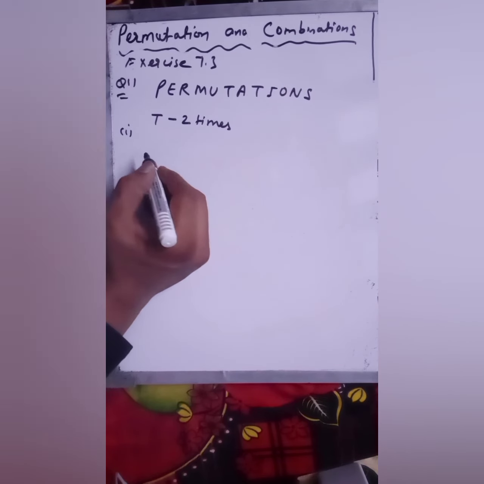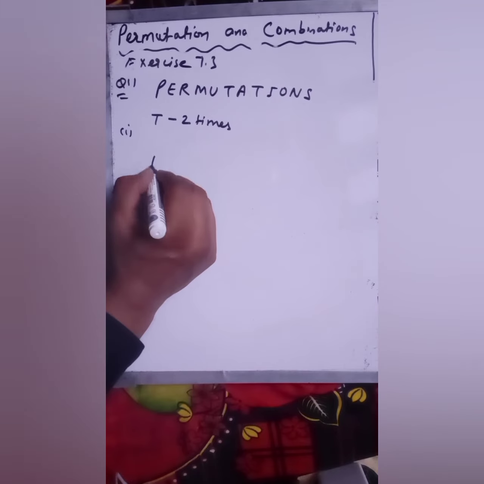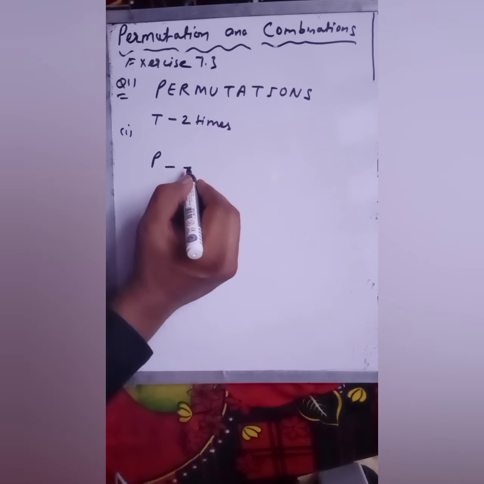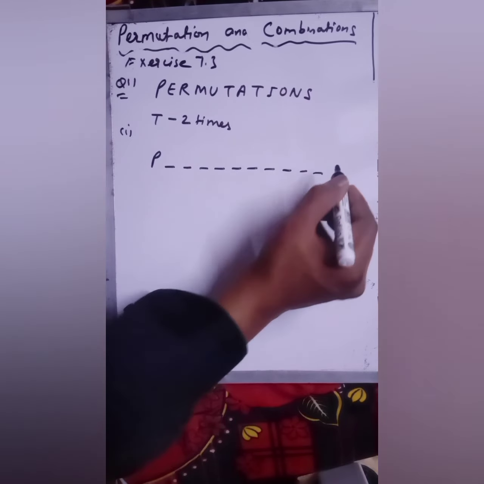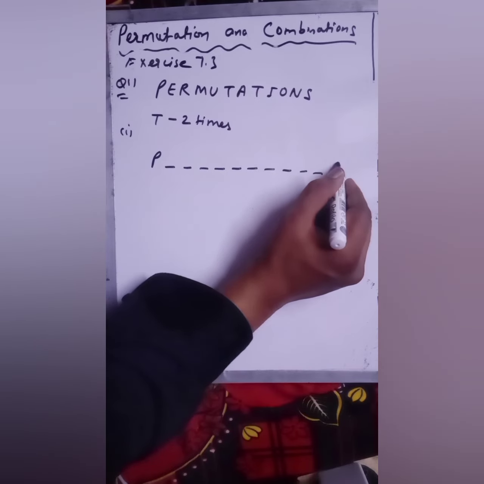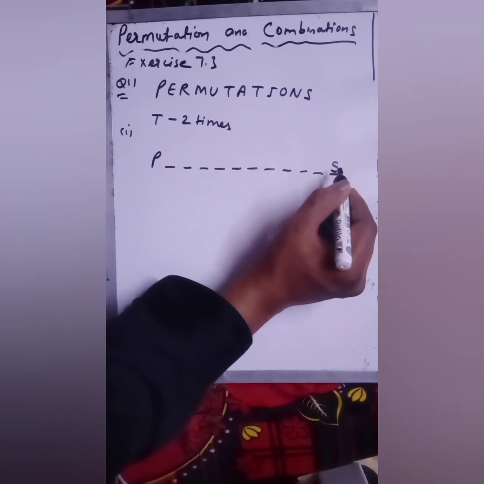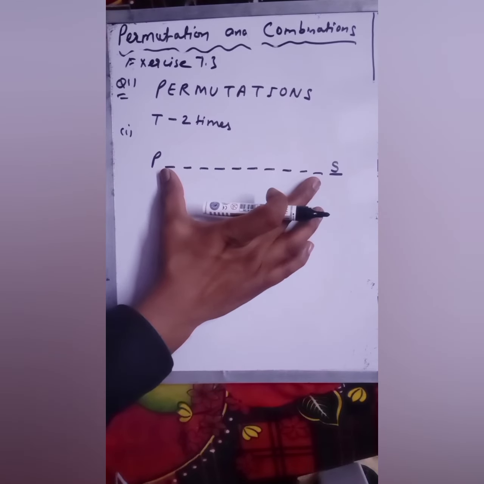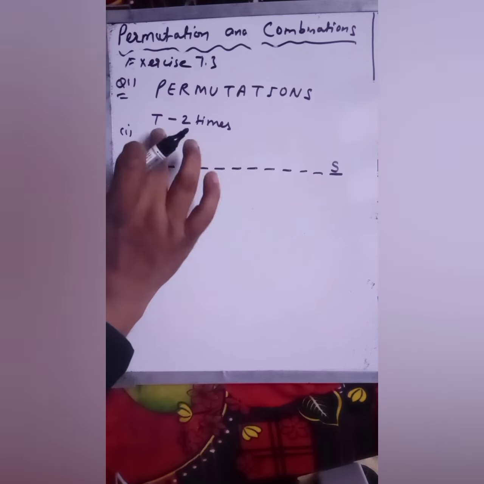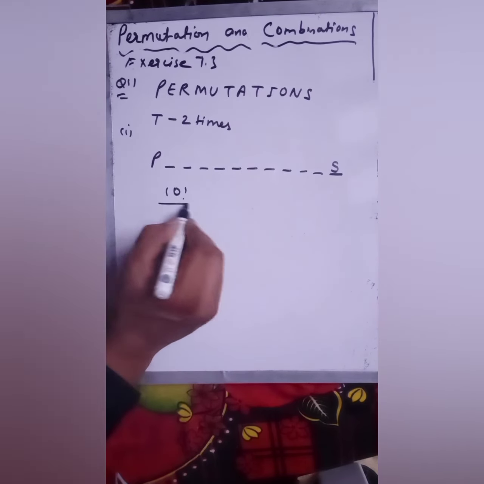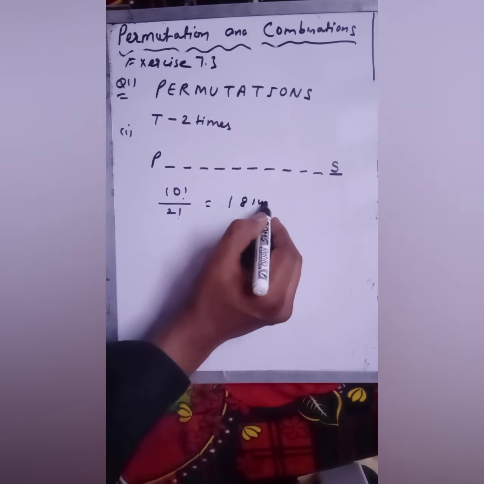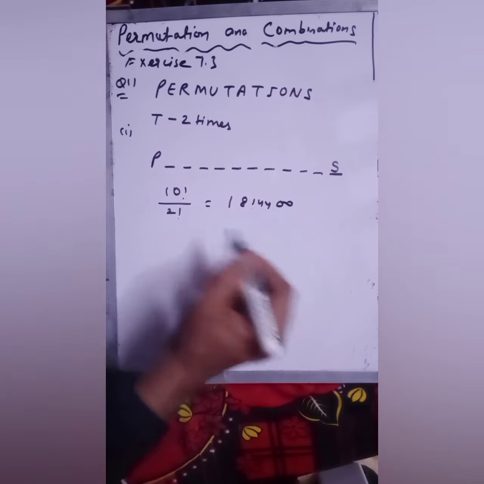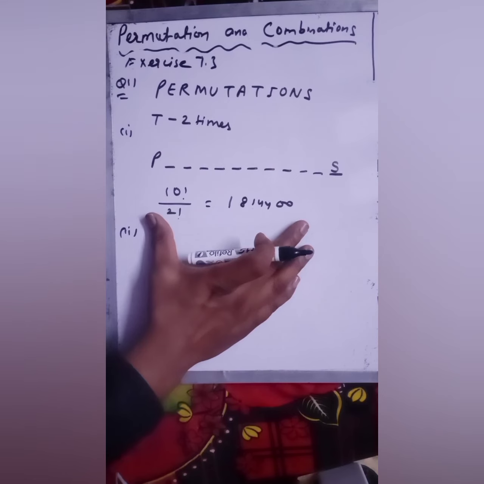in the first part it says that the word will start from P and end with S. So that means 1, 2, 3, 4, 5, 6, 7, 8, 9, 10. So at this 12th place, there is the letter S. Okay. So that means you have 10 choices here. So you have 10 arrangements, in which T repeats 2 times. So your answer would be 10 factorial over 2 factorial. Okay, so you have to solve this and you will get 1814400. Okay, so this is your answer of the first part.